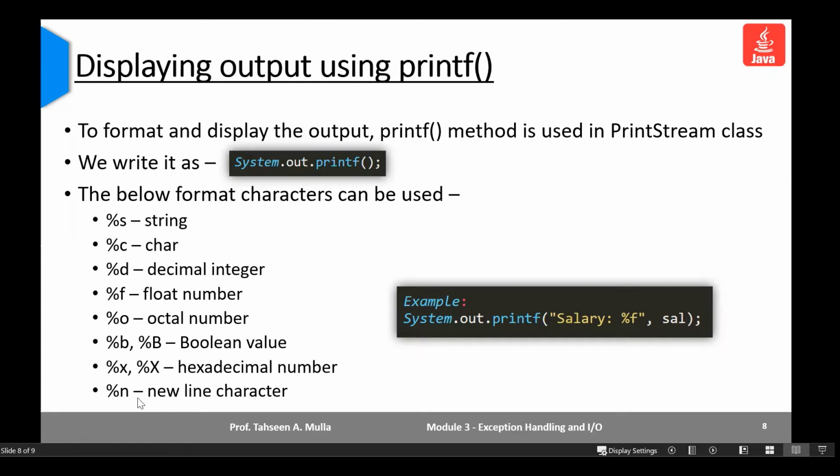For a new line character, instead of \n we use %n. So this will also apply if you are going to use printf, rather than \n or println, the normal procedure you have studied. This is a different method of displaying output using printf, again derived from the same PrintStream class.